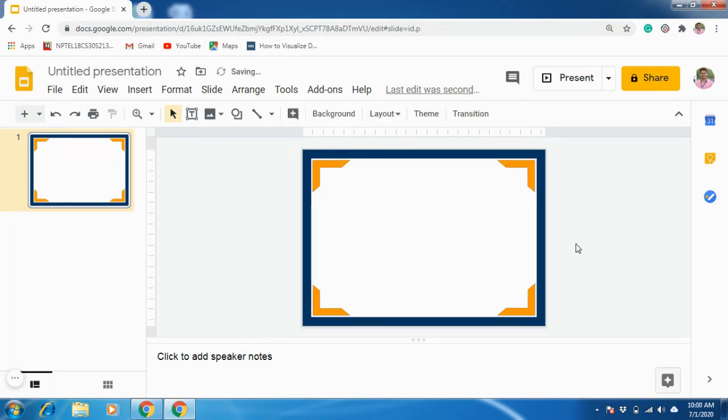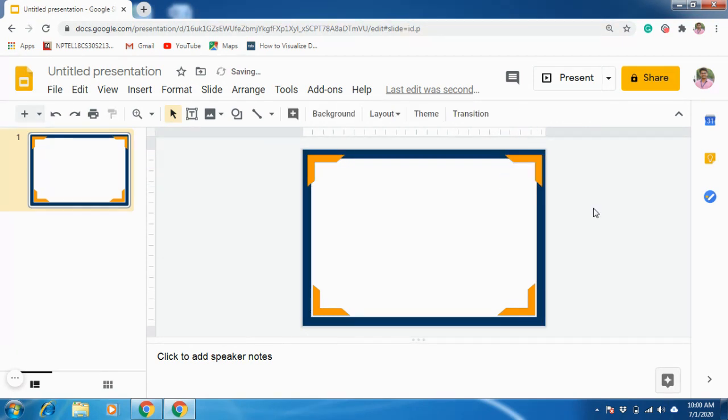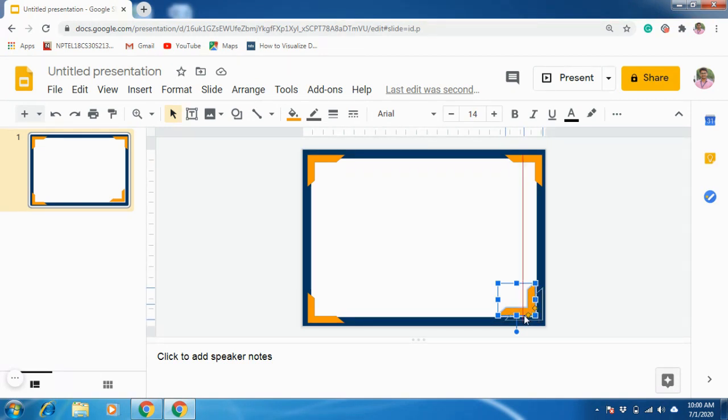Now if you have this frame, you can do other things also. Let me show you. You can keep it like this, not completely in the frame and somewhat in the middle of the frame like this. You can make it so.